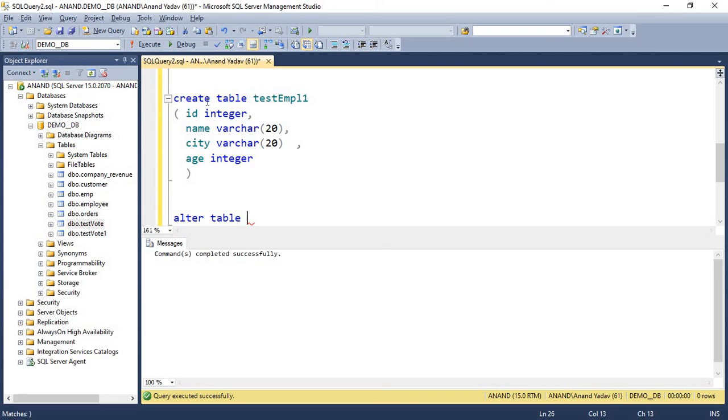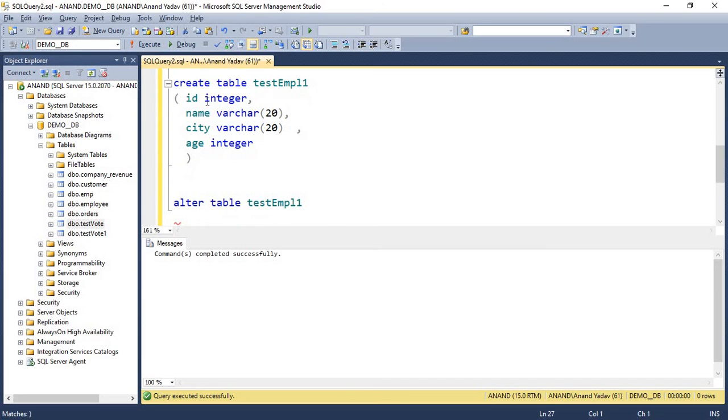So let's see, test emp l1, and we'll provide the keyword add and the constraint name. The constraint name is default and the value. Right now we are doing another example, so I am providing the default value as Mumbai, and the field name is city.